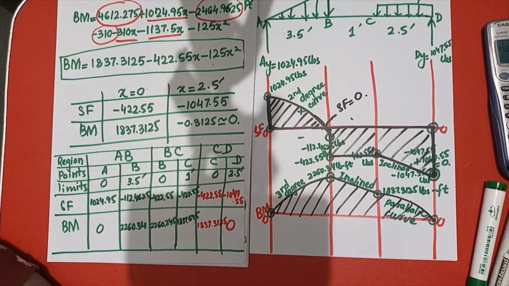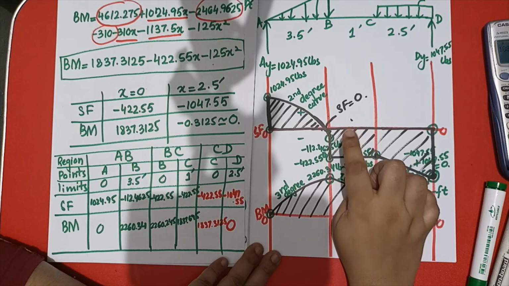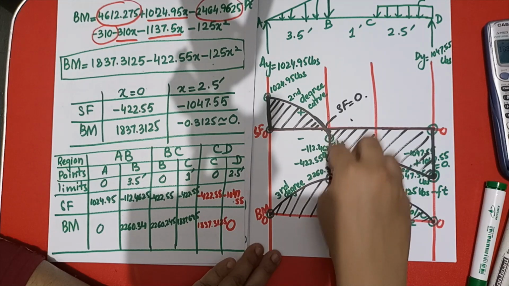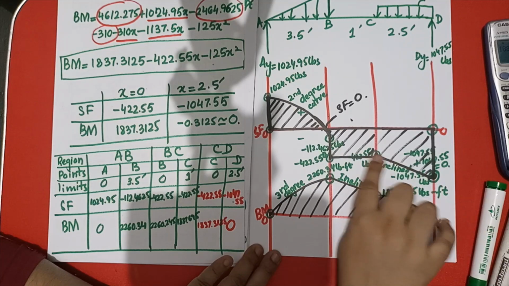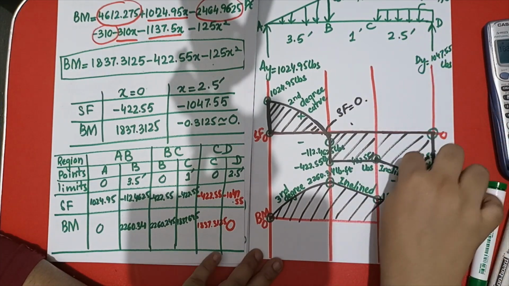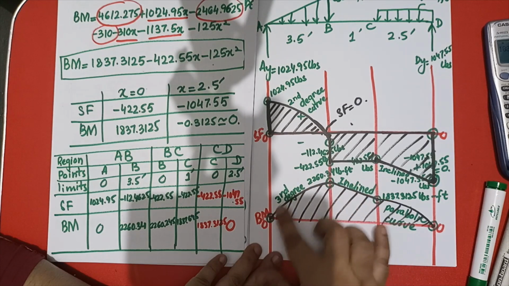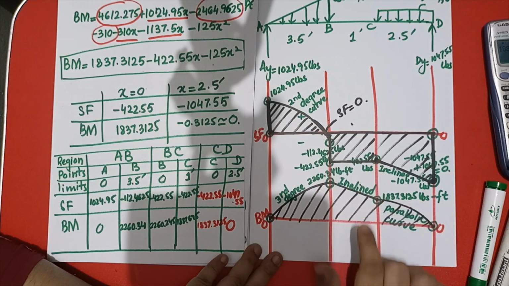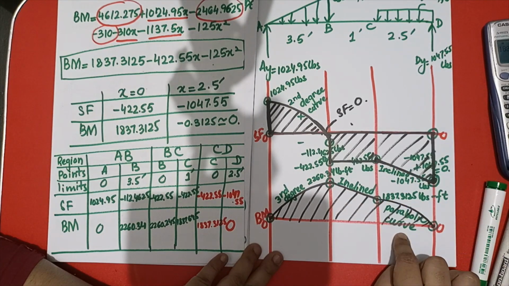So for the triangular loading in the shear force, you will get a second degree curve. For the point load, you will see the straight line, and you will see the shift here because there is the point load here, and there is the inclined line for the uniformly distributed load in the shear force. And for the triangular loading on the beam, for the bending moment, we have the third degree curve over here. This should be an inclined line because we are having straight lines in the shear force, and then we are having an inclined line in the shear force, so it will be the parabolic curve.